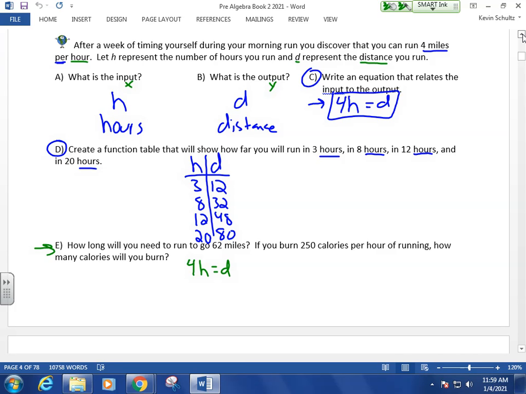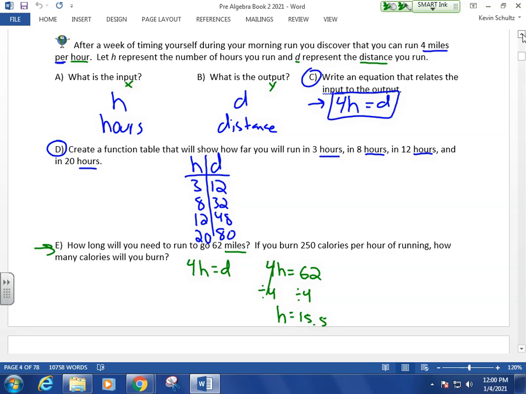All right. So we can replace our distance with 62, right? Because this time I'm giving you the distance. I'm giving you miles, and we're going to solve. We have a one-step equation here. 4 times h equals 62. We're going to divide by 4. Opposite operations, get h by itself, and we get 15.5. So that tells us it'll take 15.5 hours to run 62 miles,